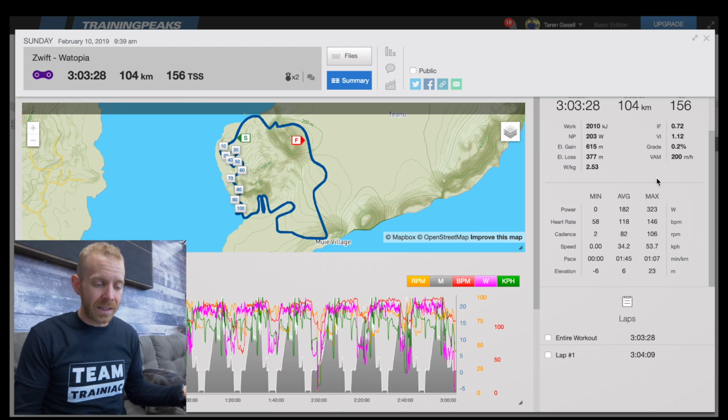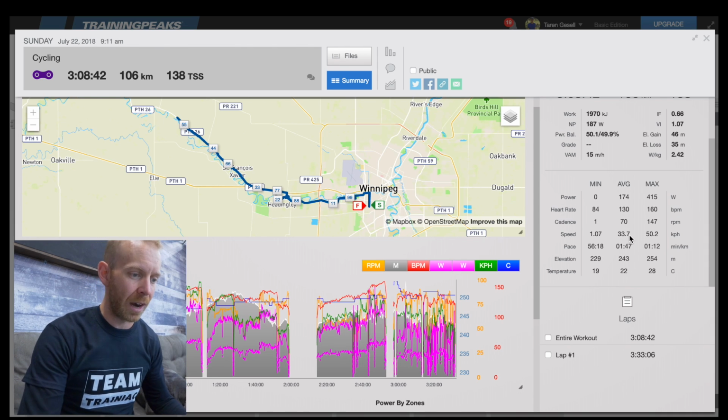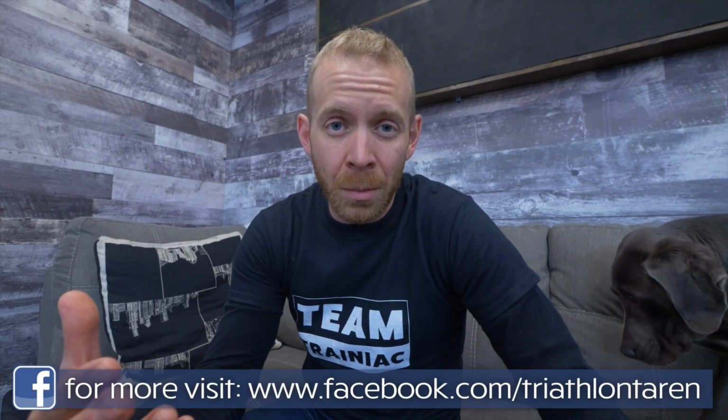And then finally, the most basic of all of this, look at the average speed. Yesterday's average speed was 34.2 kilometers per hour, whereas last year's was 33.7 kilometers per hour. So a lot of the questions that I've been getting are, does this actually work? How can I possibly go slower and actually get faster? How can I actually make progress if at some points I'm doing a 7-minute kilometer, if I feel like I'm barely moving? Well, I've felt the same thing for the last 3 or 4 months, just trusting the science,